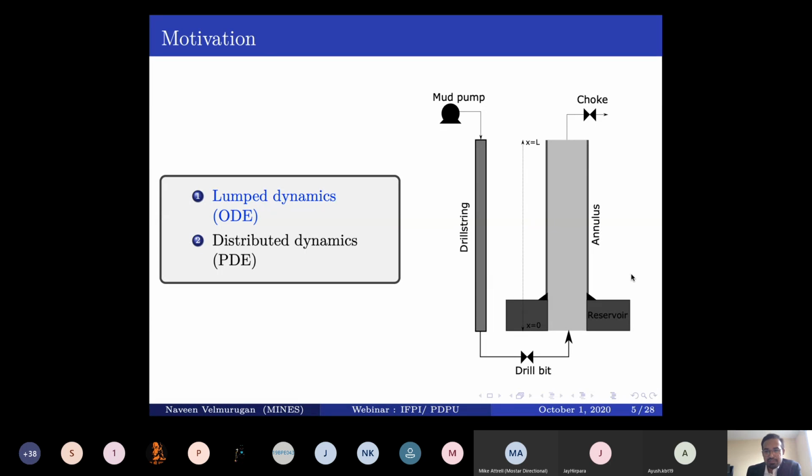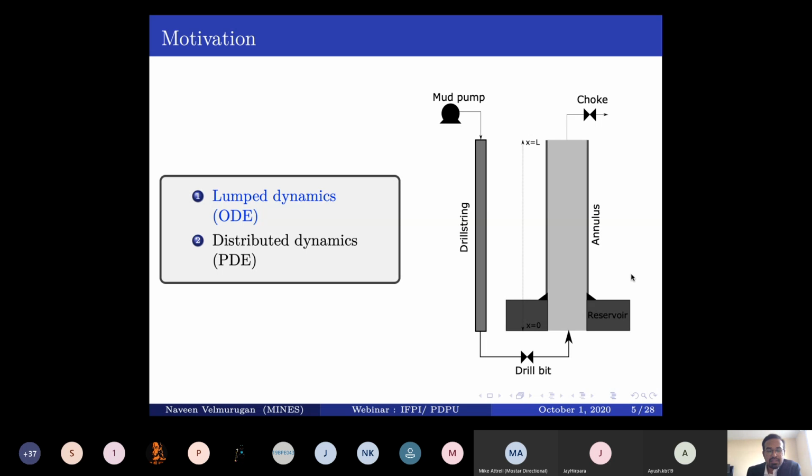As I initially said, you can always have an approximate representation of reality. One of the better approximations of reality is using distributed dynamics, which is given by partial differential equations, written as PDE here. It is a system of functions where each function is dependent on multiple states or multiple dynamics. It's quite difficult to govern or model such systems.